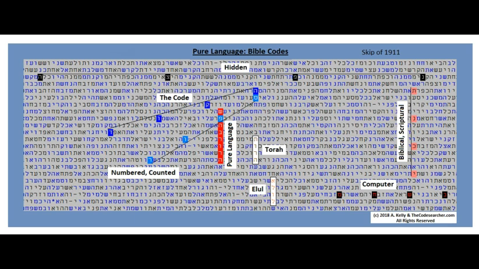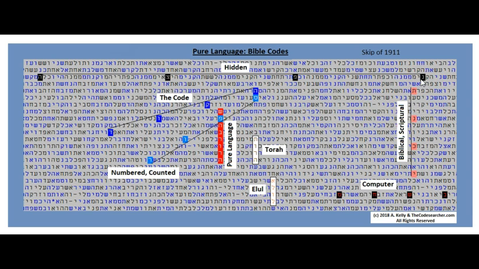And this final section has to do with Bible codes. I believe that Bible codes are something that Yahuwah has put in the scriptures, and that now that we have computers, we can search out these messages that are within scripture, part of which I'm showing you now. And so we have hidden, going across the top.